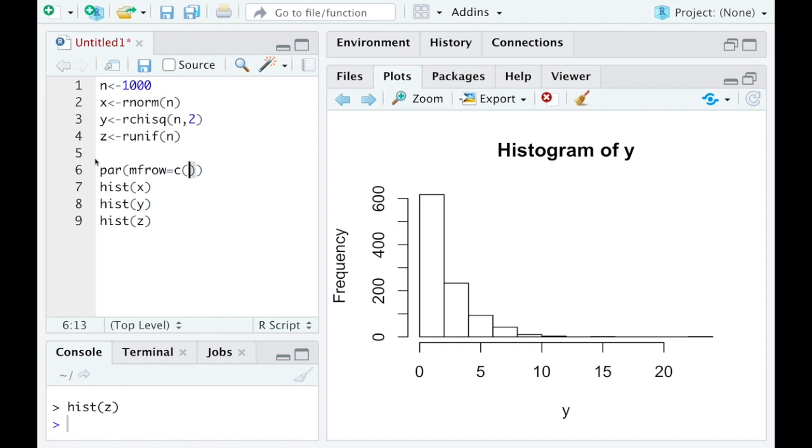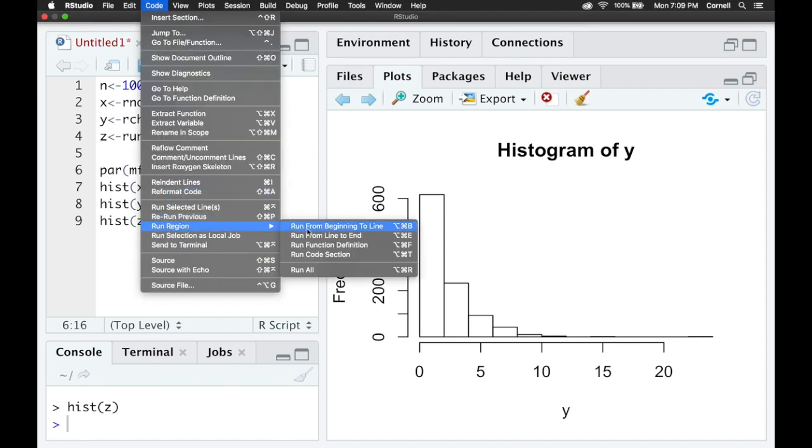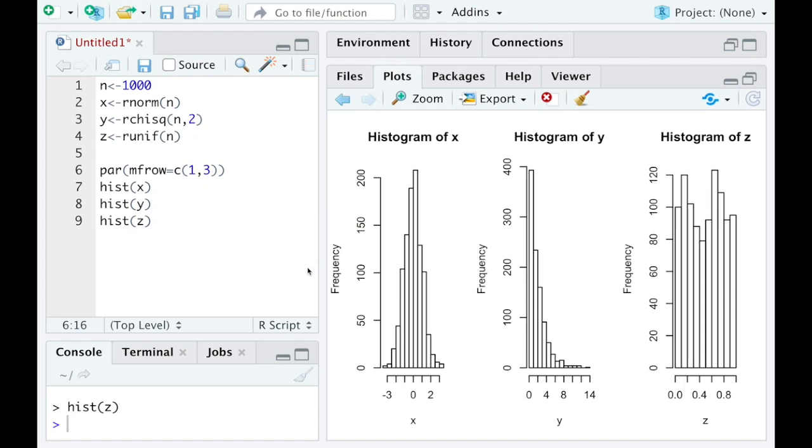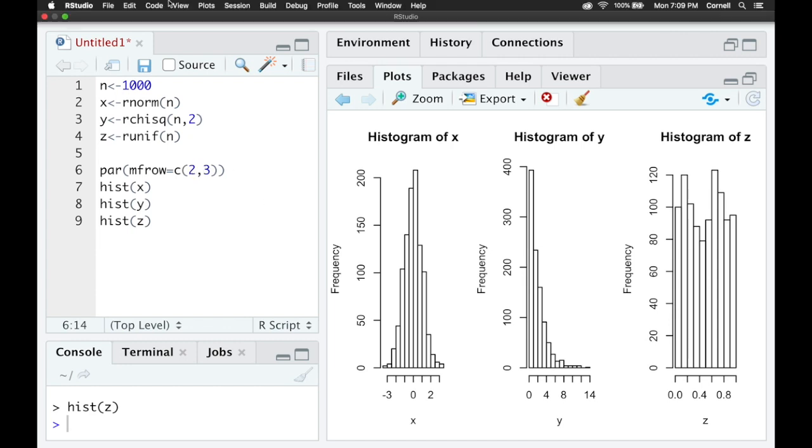So in this case, I'm going to have 1 row and 3 columns. I have 3 graphs that I want to have there, so I want to have 1 row, 3 columns worth of graphs. So if I run all of this, I'm going to get 1 region with my graphs side by side. Now something you should notice here is if I change this to say 2 and I run this again,